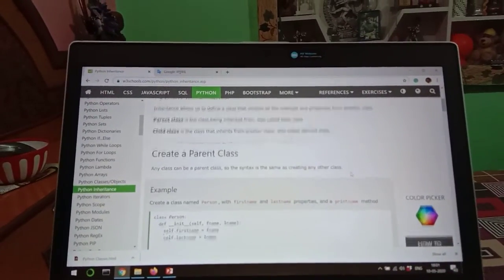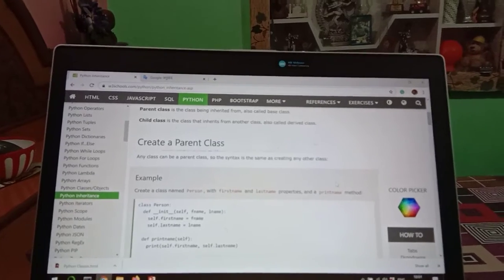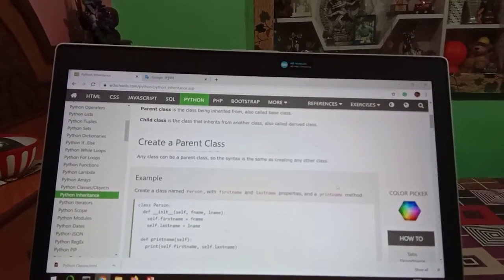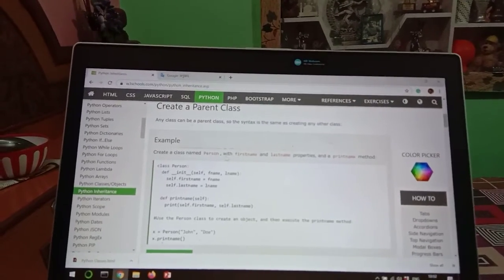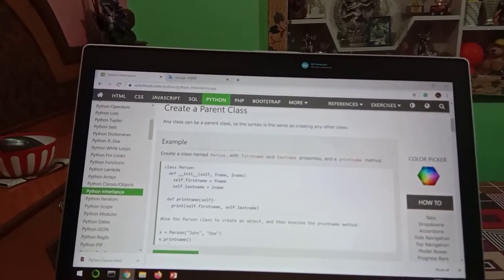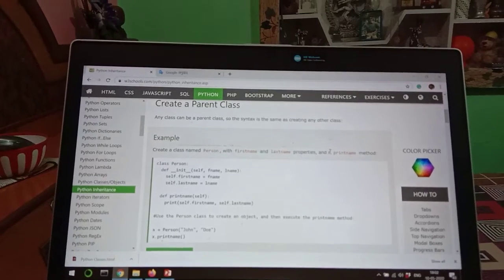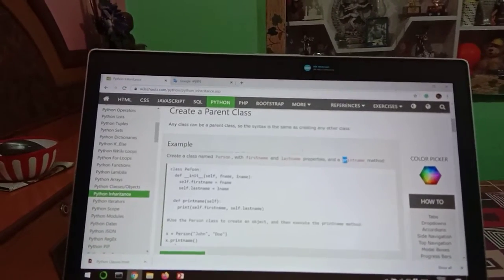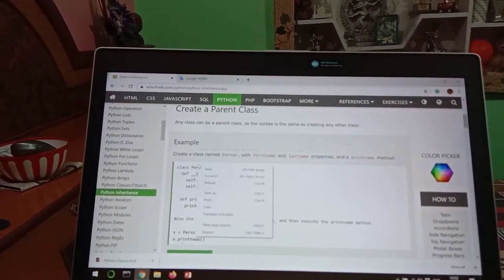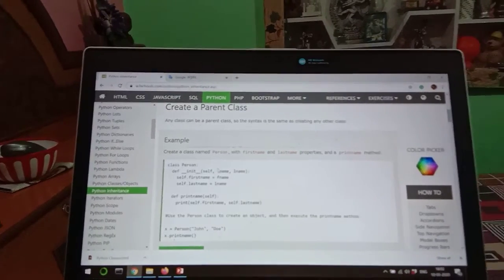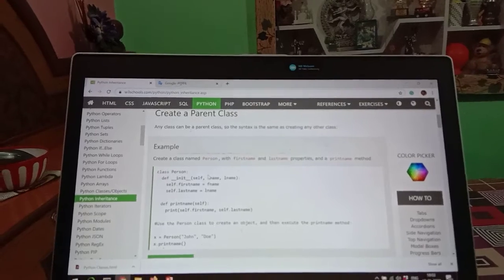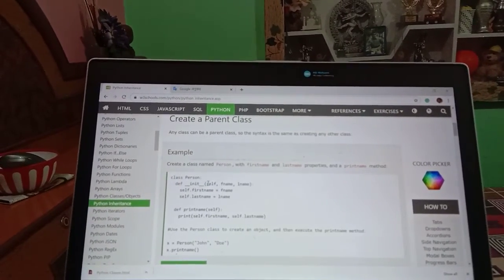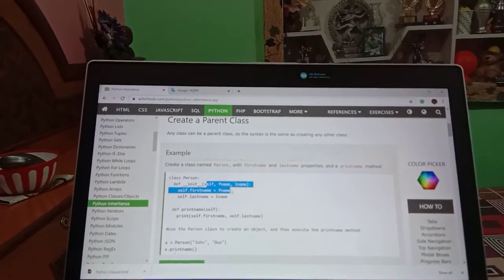So the way of creating a parent class is like this. Any class can be a parent class, so the syntax is the same as creating any other class. Example: create a class named person with properties first name and last name, and a method print name. As in our previous example, class person. We define the init function in it, with the parameters self, first name, last name.